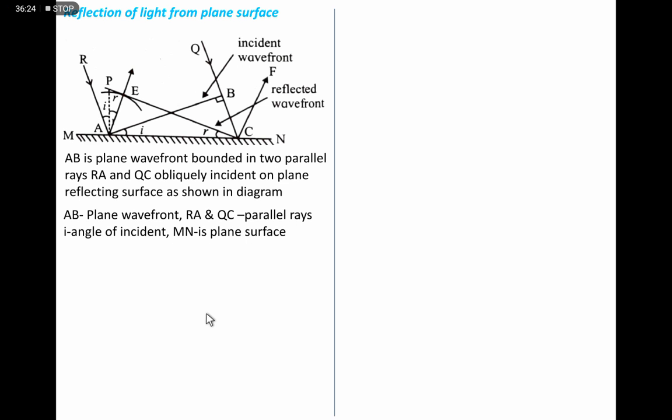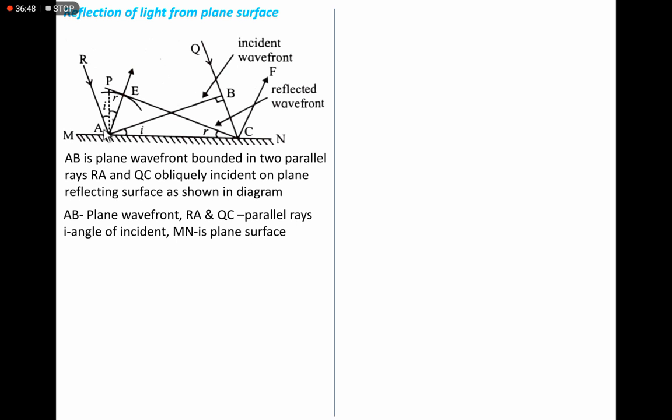Okay. Now, the mechanism is very simple. As I said, this AB is obliquely incident on the plane reflecting surface. A will reach the plane surface first,